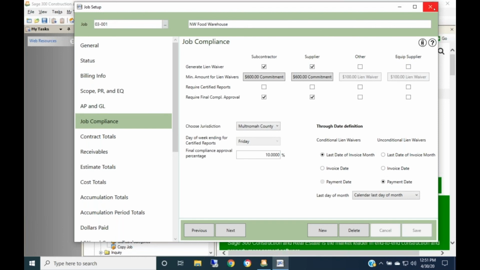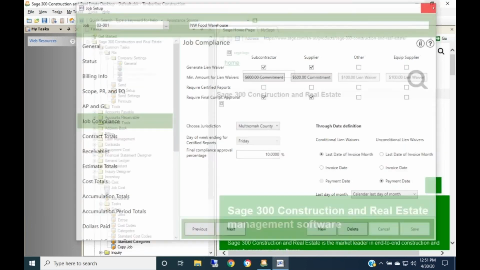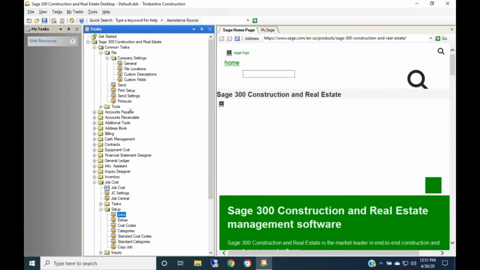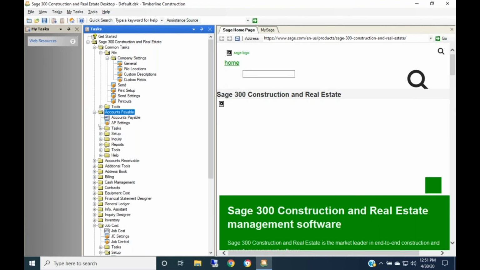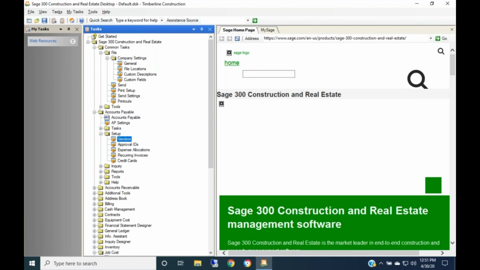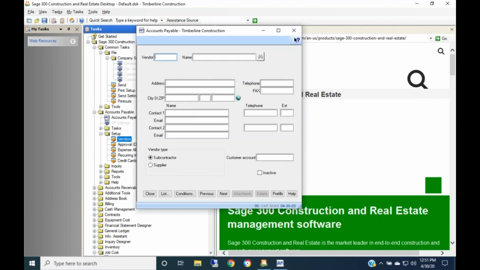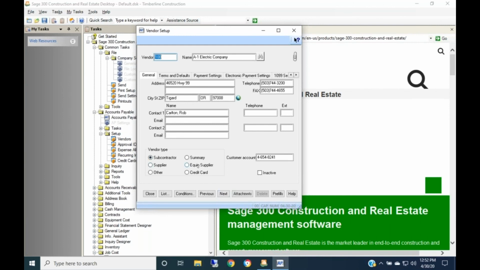Okay. So I was going to take you back to the vendor setup to show you the vendor type. And that's what you see right here. So A1 Electric is a subcontractor, but you wouldn't want to just